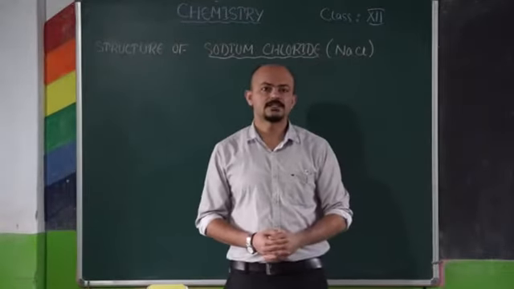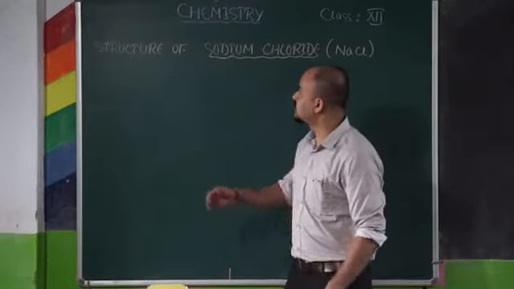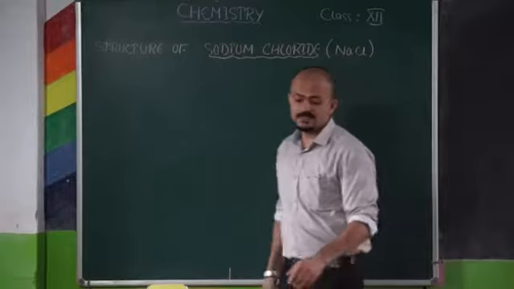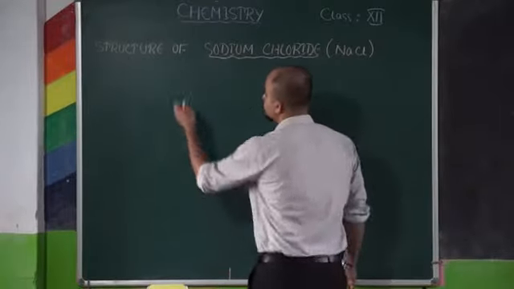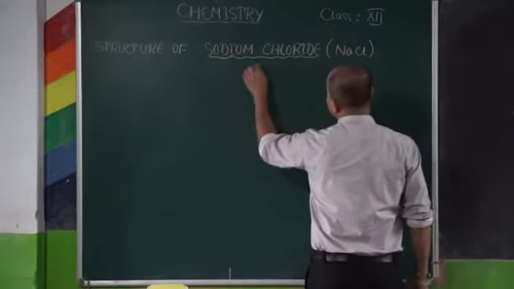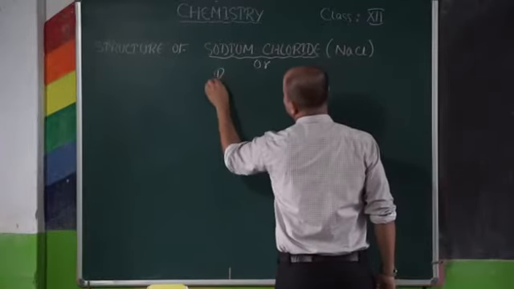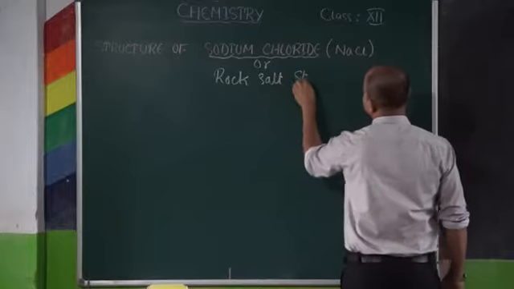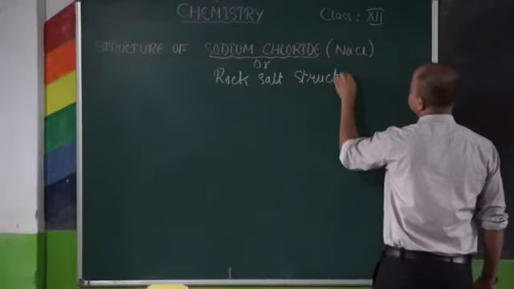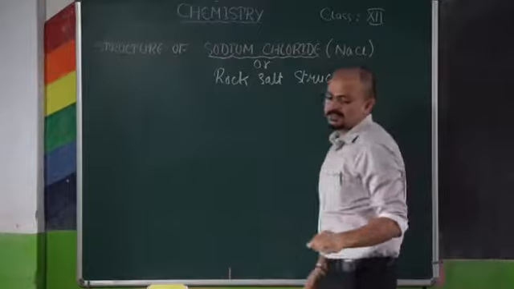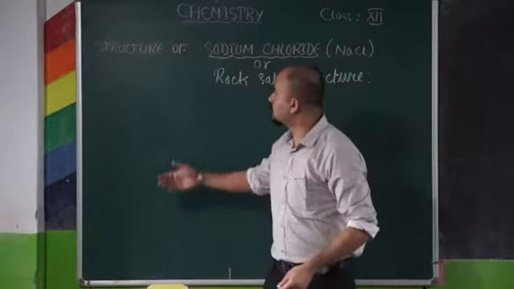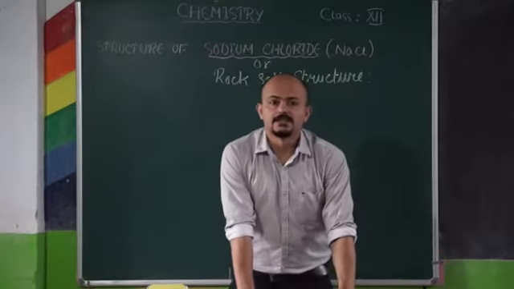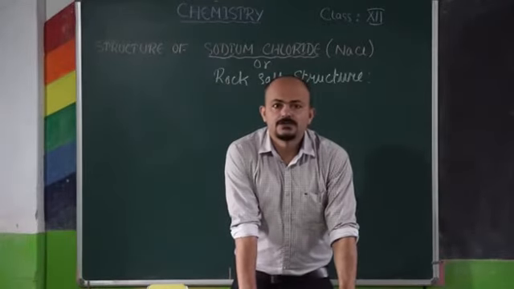Chapter, that is solid state, and today we will be discussing in detail about the structure of sodium chloride. It is also known as rock salt structure. So in today's class, we will be discussing about the structure of sodium chloride and others like graphite, diamond, copper,